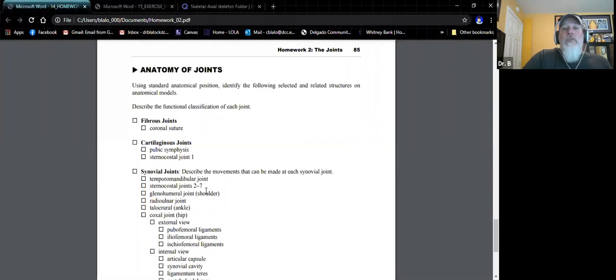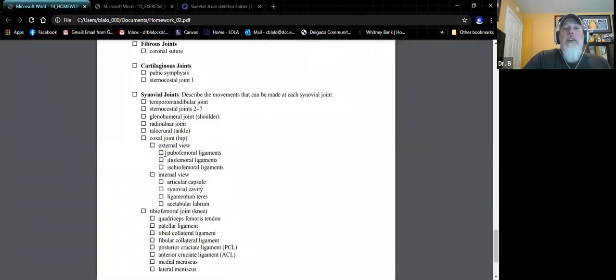Glenohumeral joint, that's our shoulder joint. The radio-ulnar joint. The talocrural joint, that's our ankle. The coxal joint, which is our hip, okay? Again, with the hip, you're going to have to be able to identify these external ligaments, which is what I